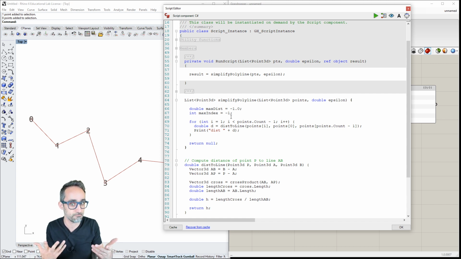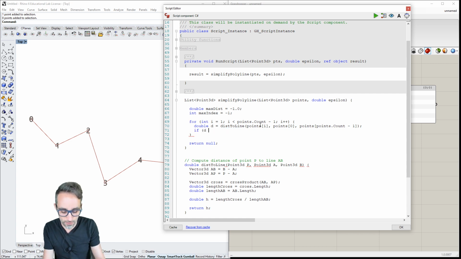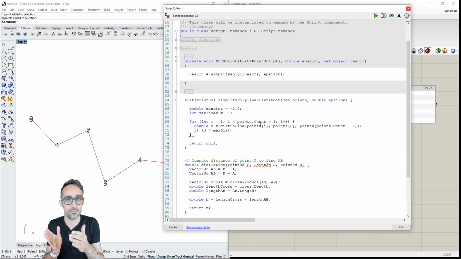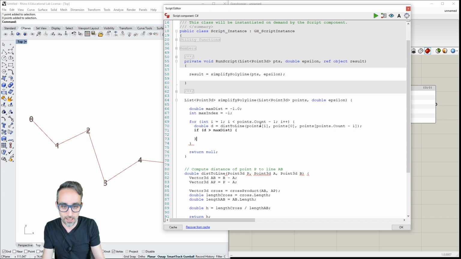And then here, what I'm going to do is say double d equals the distance. And if the distance that I found for the point I'm checking in the for loop is greater than maximum distance, so if it's greater than any other distance I have seen before, then turn maximum distance into that value.